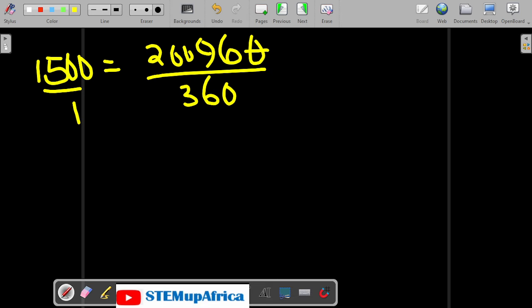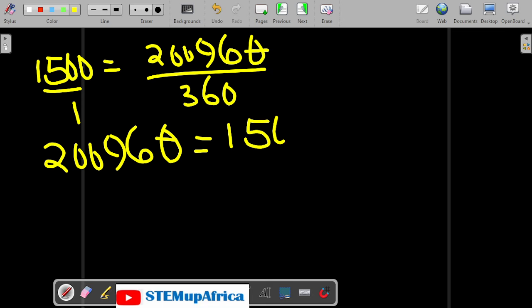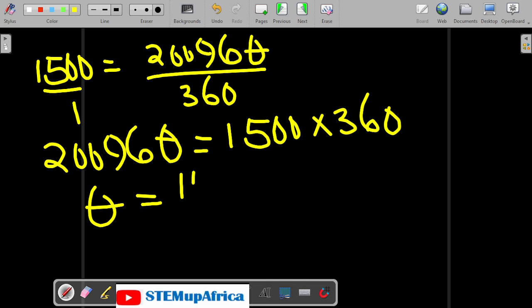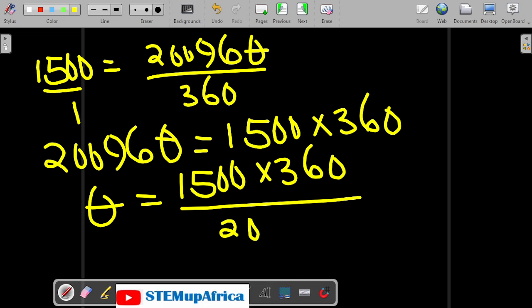So 20096 theta equals 1,500 times 360. So my theta is 1,500 times 360 divided by 20096. That will give us